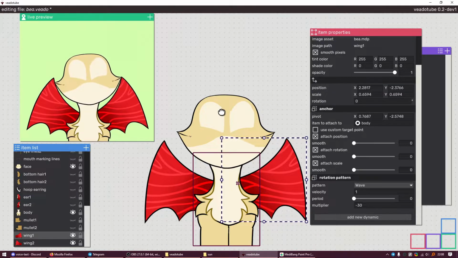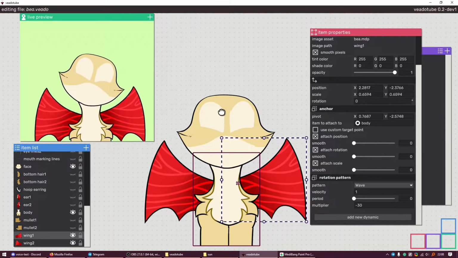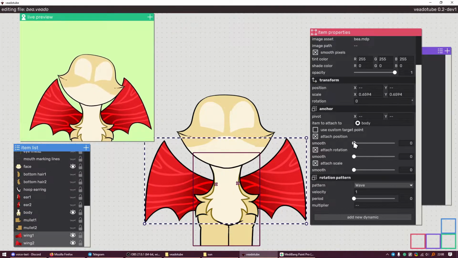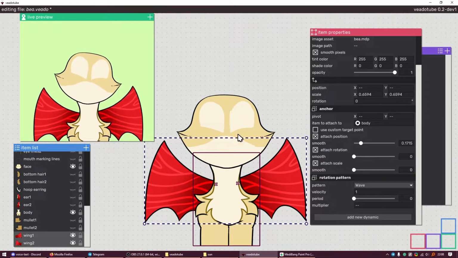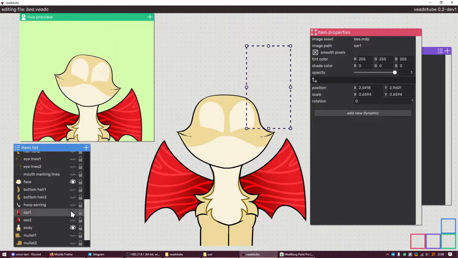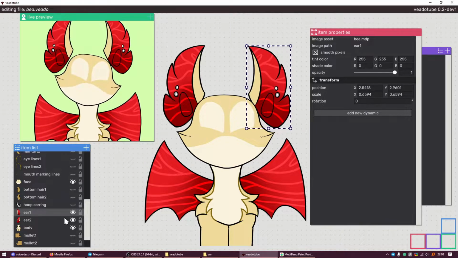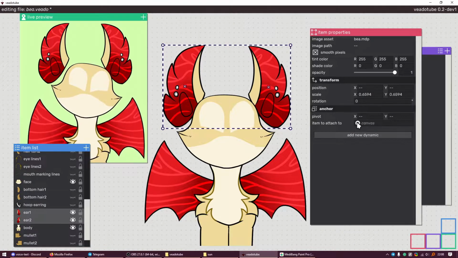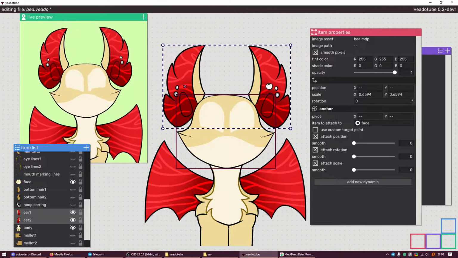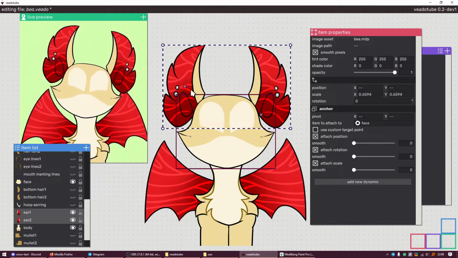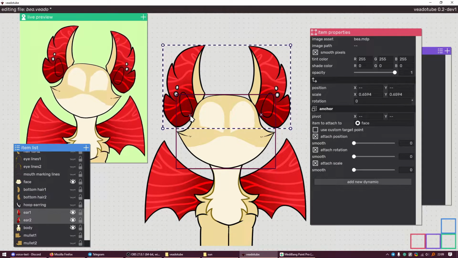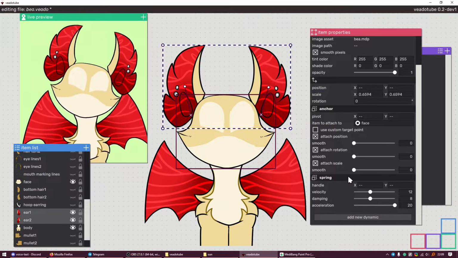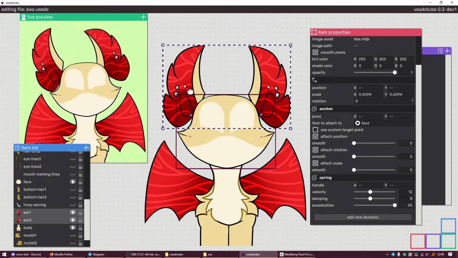You have wings, and they look cool. I'm gonna add a little bit of delay here just to make things cooler. The ears are fun because you can make them flop. For the ears, I am also gonna anchor them to the head. I am gonna put the pivots down here, and then I'm gonna add another spring. Yes, there you go. Whee!